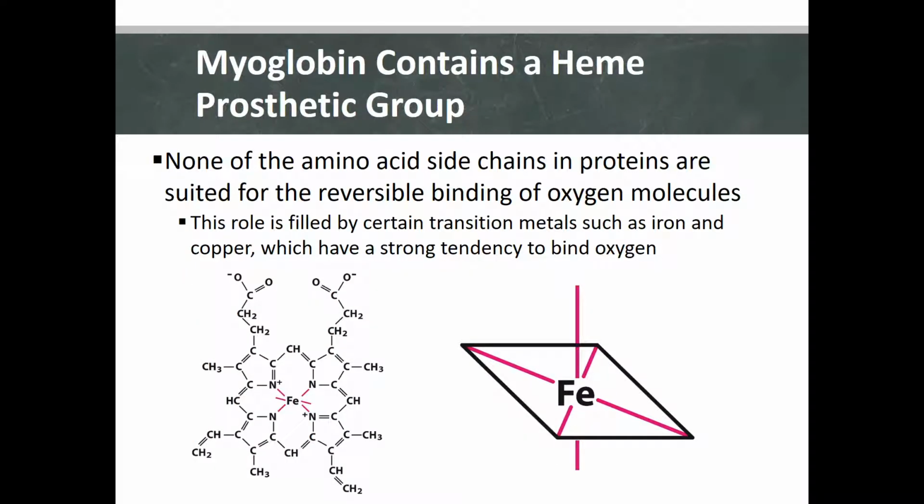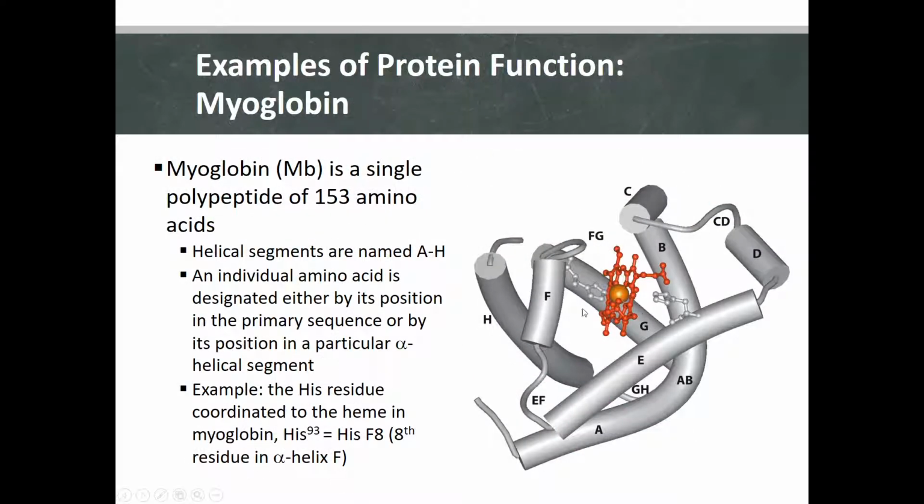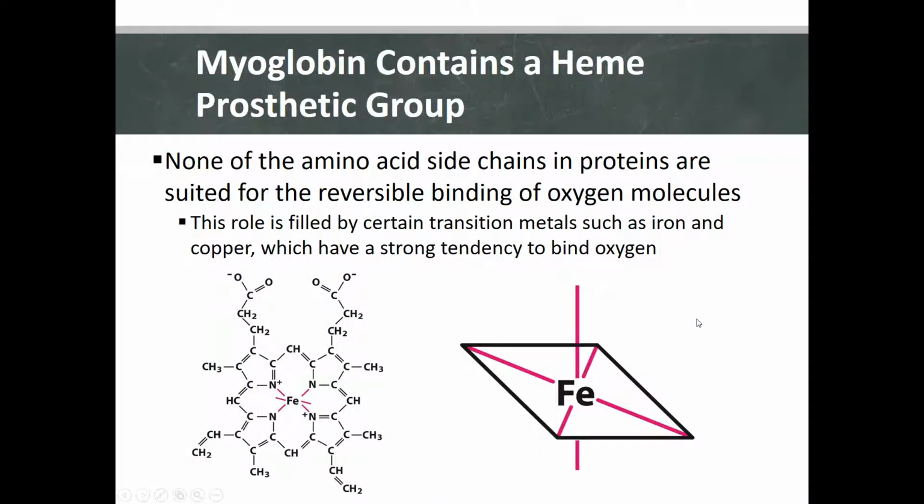Myoglobin contains what we refer to as a prosthetic group. So if I move back one slide, you'll see this thing here, which I avoided any description of. Now we're going to talk about that. So that group is a heme group. And before I tell you anything more about it, the heme group is generally considered a prosthetic group. A prosthetic group is something that binds to your enzyme or your protein and usually does so quite tightly, so